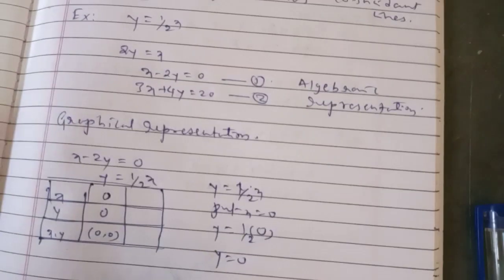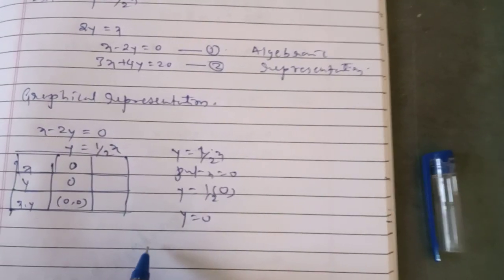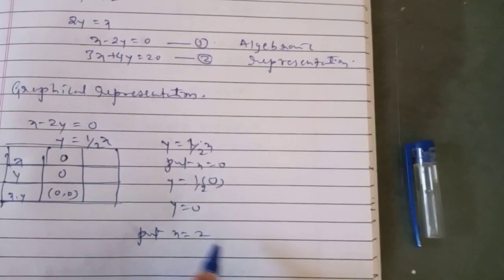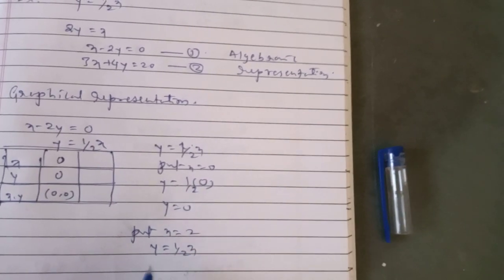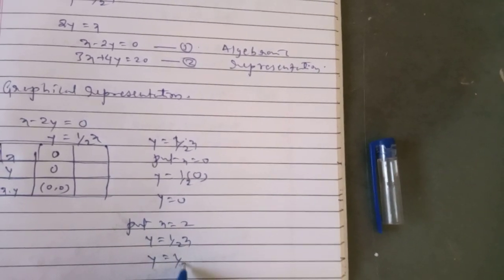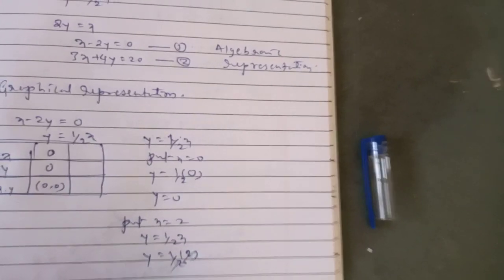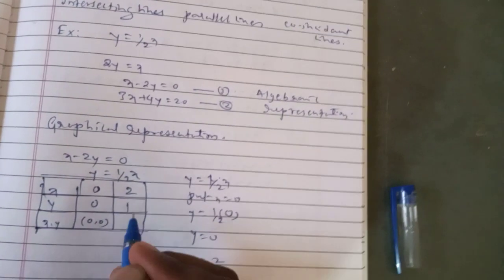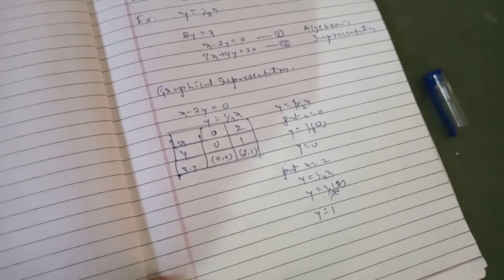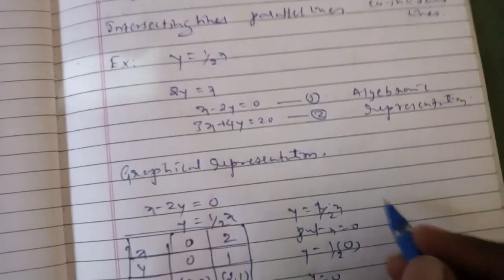And then you take x equals 2. Put x equals 2. What will happen? y equals 1 divided by 2 into x, y equals 1 divided by 2 into 2. This 2 gets cancelled, y equals 1 it becomes, right? x equal to 2, y equals 1. The point is 2 comma 1. This is about equation number 1. And then from the second equation,